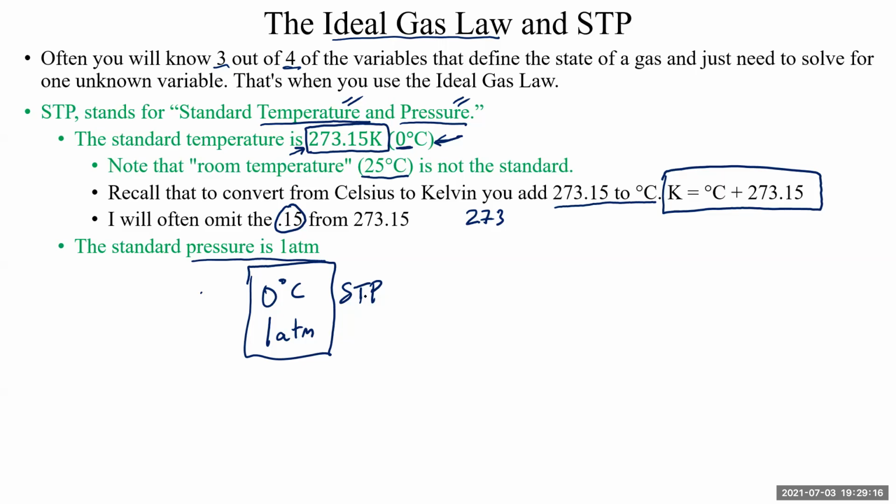But just bear in mind, don't use Celsius temperatures. Use kelvins. Don't use Celsius and then convert the results to kelvins after you're done using the ideal gas law or any gas law. It doesn't work that way. Before you enter a temperature into any gas law, you must convert to kelvins. Once you've stuck a Celsius temperature into a gas law, it's already wrong. You have to convert first and then use the Kelvin temperature in the gas law.